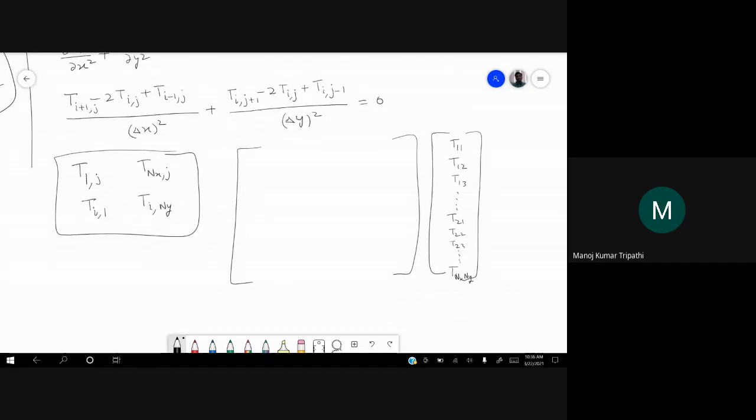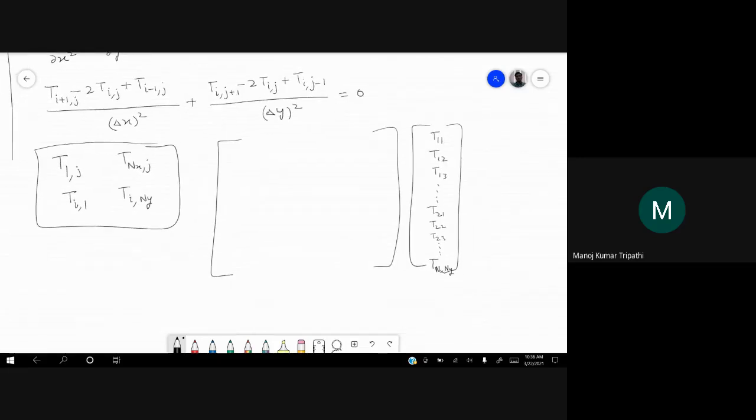What will the coefficients be? T11 we already know. T12 also we know from the boundary condition, and so on. We know all up to T1j. All of these we know. So we don't have to write them in the matrix here. Let us erase them. We will only write the unknowns.